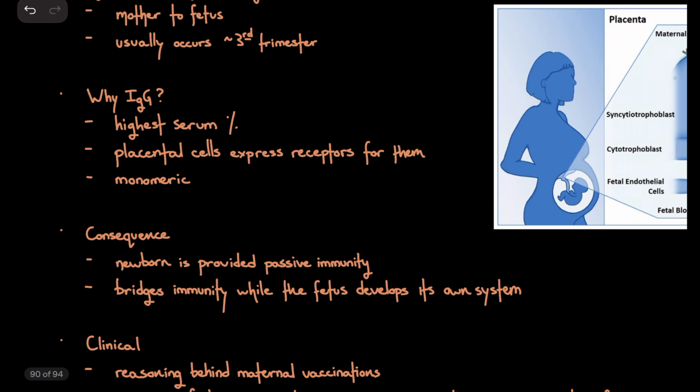So the newborn is provided with some passive immunity. It's just hanging out, being a leech on mom's various systems, and the immune system is no different. It's getting some passive immunological knowledge despite not being directly exposed to the world. And that's fine. We can cut the fetus some slack. It hasn't gotten to form a full immune system yet, right? Maybe the liver is doing most of that hematopoiesis, and then hopefully by that 3rd trimester, that bone marrow is starting to kick up. But we don't have a fully functioning immune system yet, so mom takes care of it